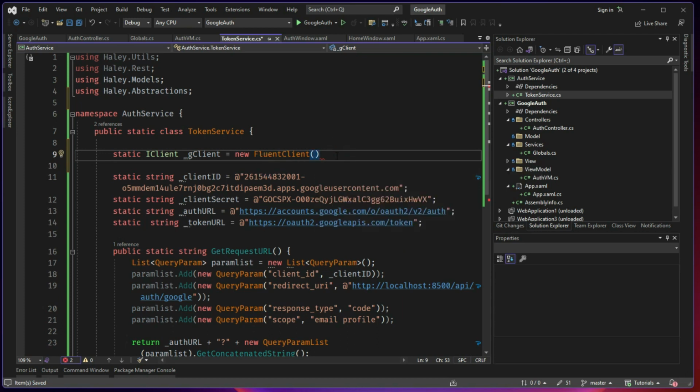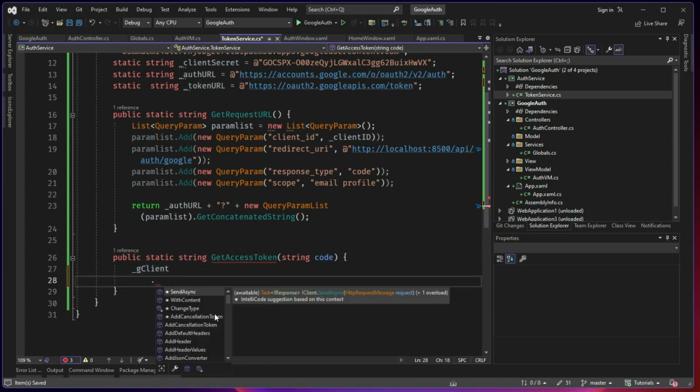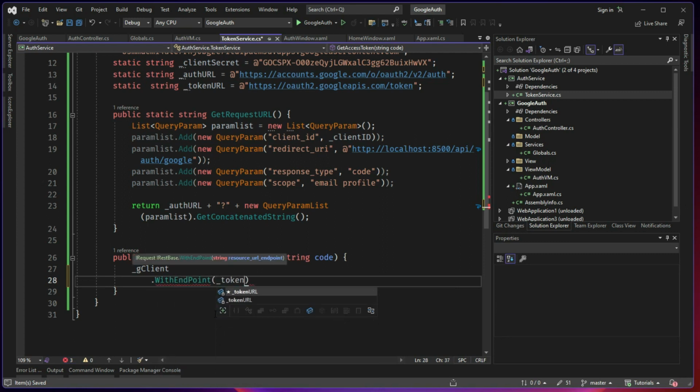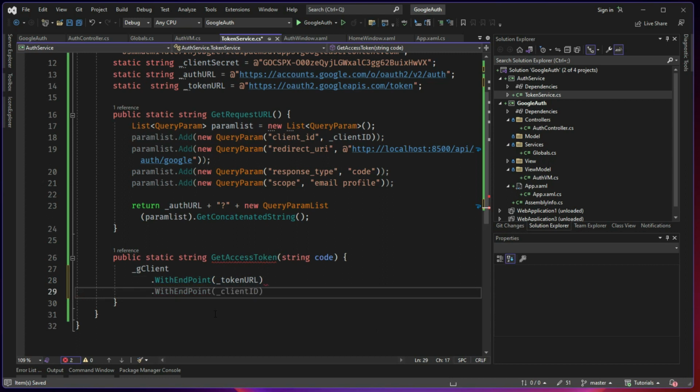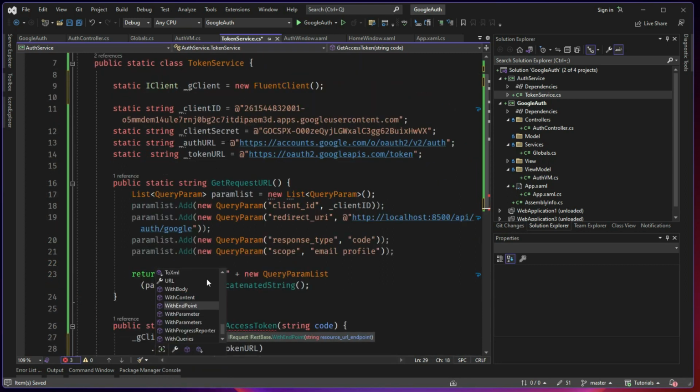So just a Fluent client, and this G client dot, this is a Fluent method, so G client dot with endpoint. What is my endpoint? Token URL is my endpoint, and for this endpoint, what I need to do, I need to add a certain set of